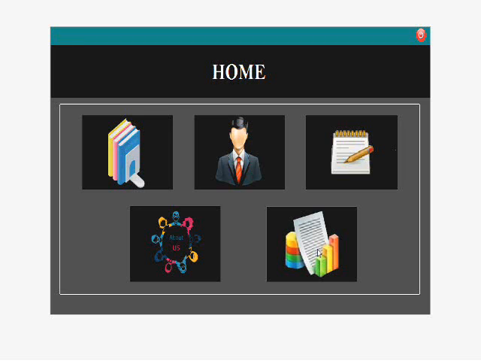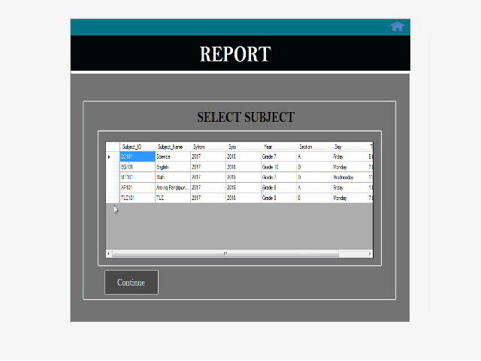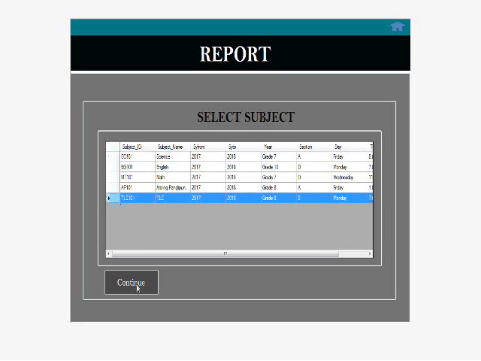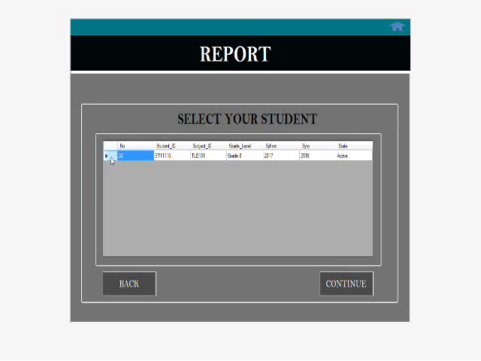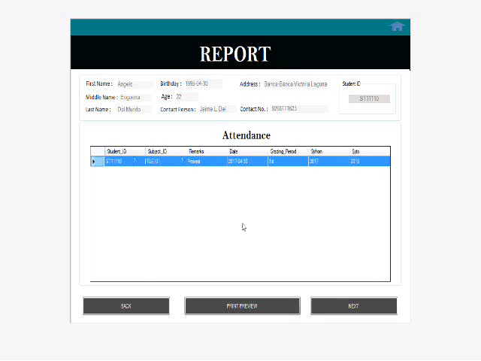So just click this button and select subject TLE, continue, and as you can see our student, student 1110, click it, continue, and this is his attendance. So next, we can print this record.